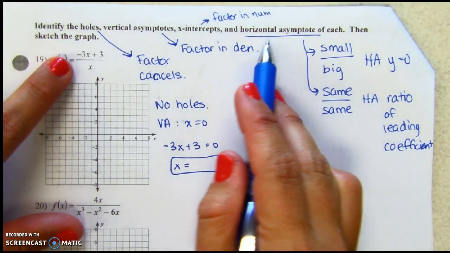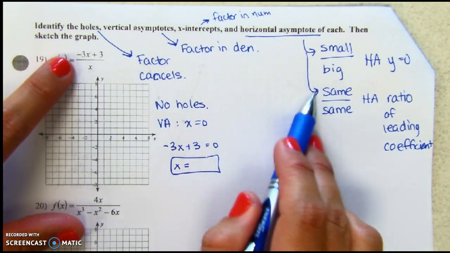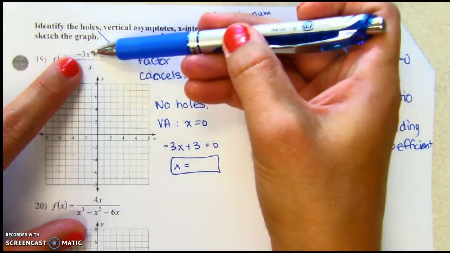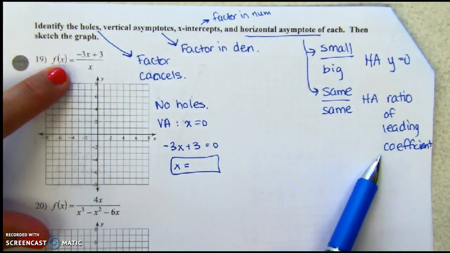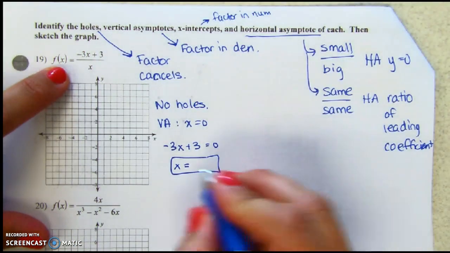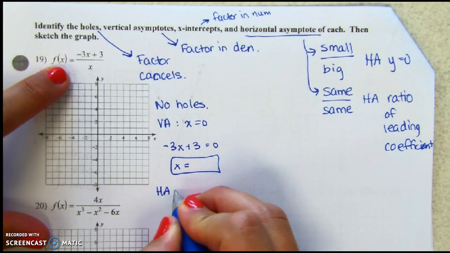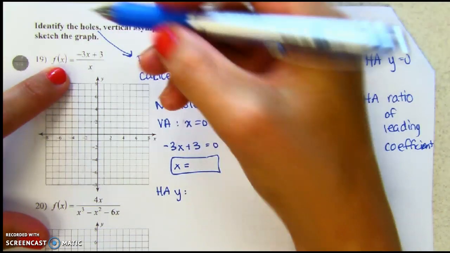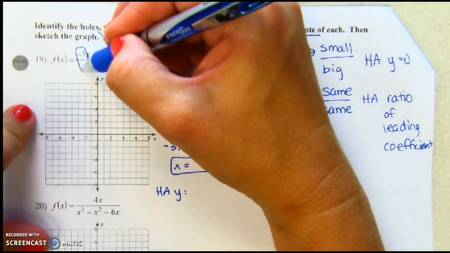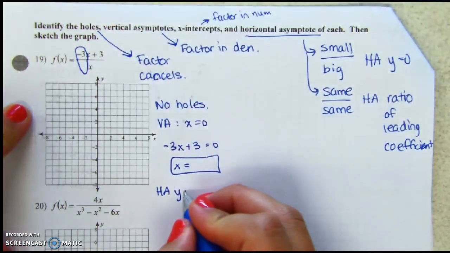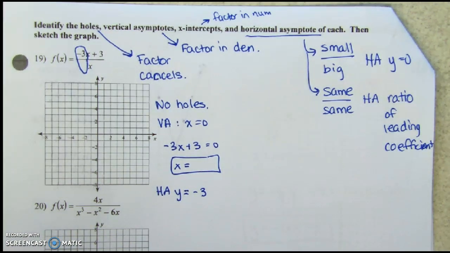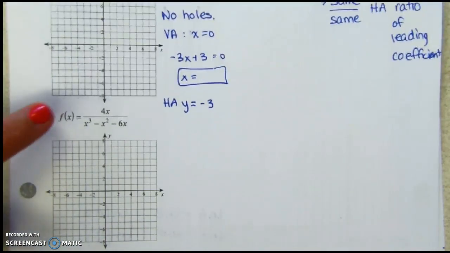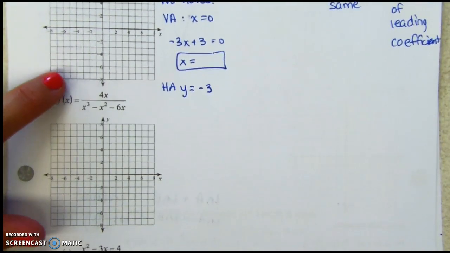And the horizontal asymptote is same over same. Do you see how it's x over x? So our horizontal asymptote is the ratio of leading coefficients. So what is the ratio of leading coefficients? What's negative 3 divided by 1? So this would be that. Okay. I don't want to give it all up. So this one would be